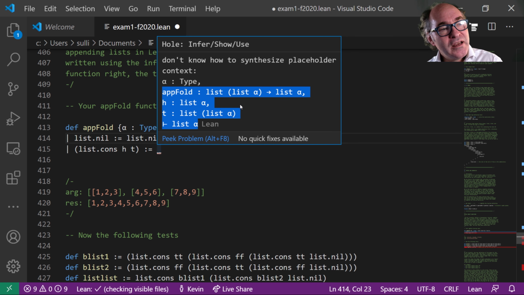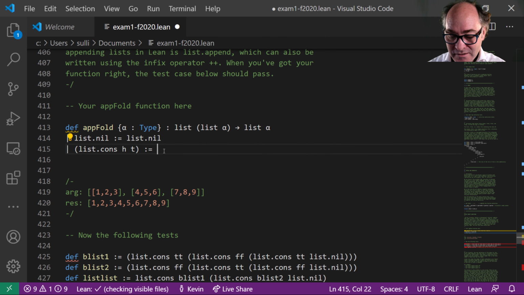Okay, and now I need to, given all of these assumptions, this is the turnstile character, I need to construct a value of this type, list of alpha. Okay, now how am I going to do that? Well, I want to do that by appending the list H to something involving T. But T is a list of lists, so what do I want to do with T? Well, I want to reduce that to a single list, and then I can just append H and the reduced form of T, and then I'm done. Okay, and so I want to append